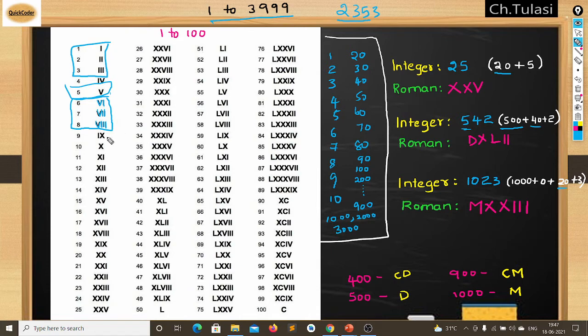Again we encounter some new symbol here, like X. We require 9, and with X, again 1 to 8 are repeating, and again 9, 10, and again 1 to 8.